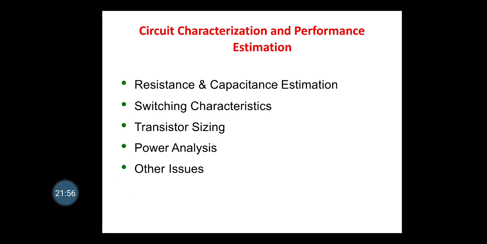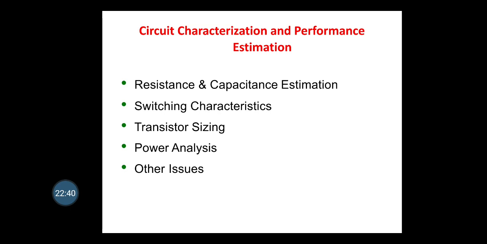CMOS circuit characterization and performance estimation. CMOS circuit performance is determined by equivalent resistance, capacitance, and delay. Load capacitances such as gate capacitance, wire capacitance, diffusion capacitance, and parasitic capacitance are all most important. Otherwise the input will be transferred to the output with a certain delay, and the speed will be reduced. Driver resistance consists of some equivalent combinations of pull up and pull down devices.